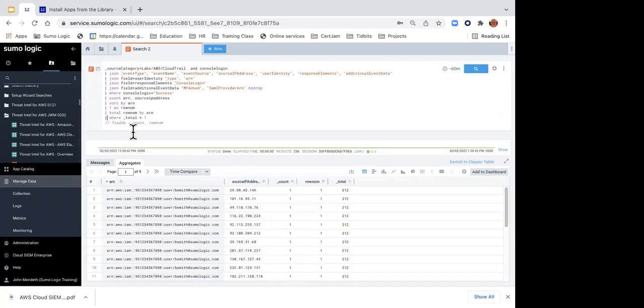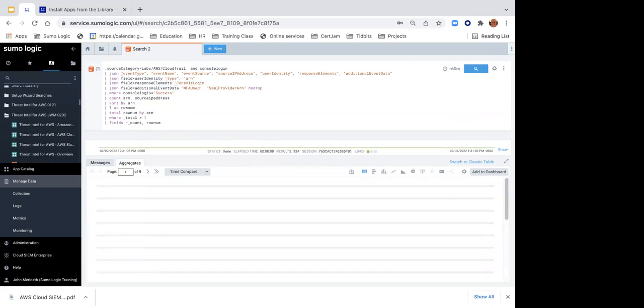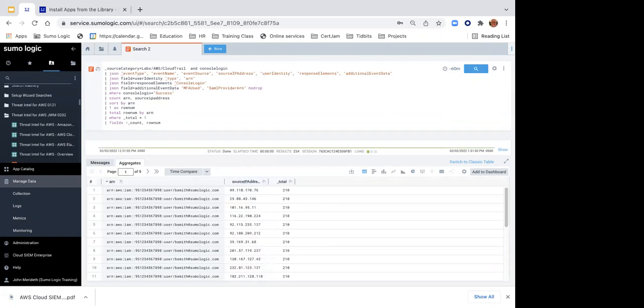And then last but not least, I say, look, I really don't need this count. I really don't need this row number. So I'm going to use the fields command, that minus sign means remove count and row number. So again, I'm going to get rid of my comment. I'm going to put in my pipe, run it. And so now what I'm seeing here is that ARN and all the IP addresses that that user logged in from and the total count. And so this is an example of using a query where we can see our user activity and what IP addresses they've logged in from.